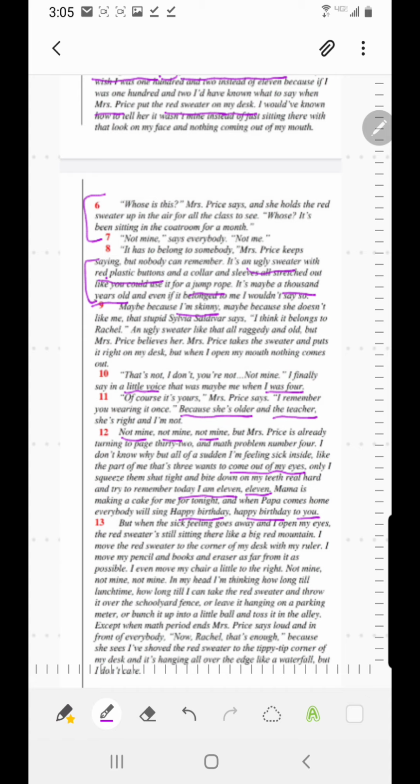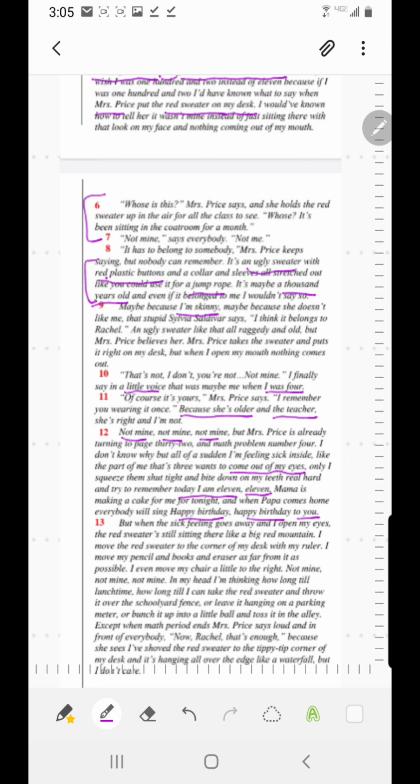And I know you've all had that moment where you feel like you're going to cry and everything is just going to come out of your eyeballs, right? And you just hold tight because you don't want to cry, especially in front of everybody. And the way that she copes with it is to think about what's getting ready to take place later on, that she's going to be sung happy birthday, and her mom is going to make her a cake, trying to hold back her real frustration, her real emotions.